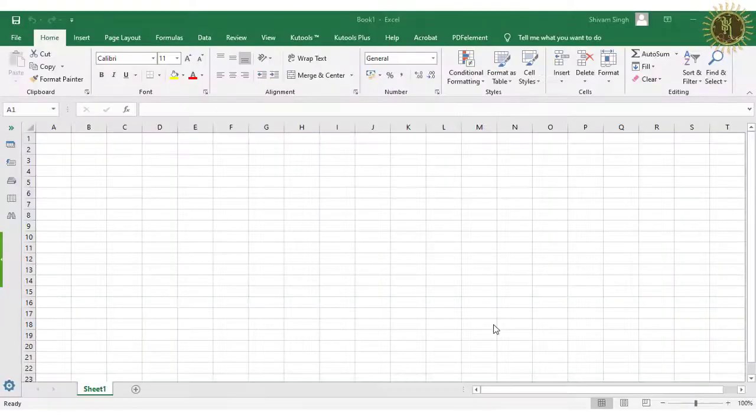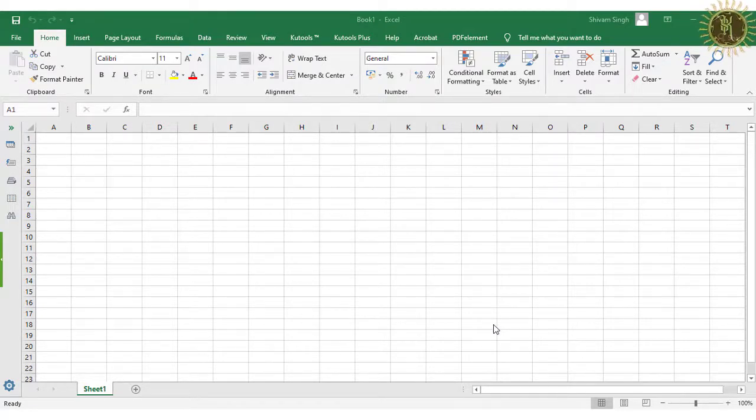The first topic is selecting cells. If you want to apply formatting in Excel, first you have to select the cell. You can select a single cell, and also you can select adjacent cells as well as non-adjacent cells.